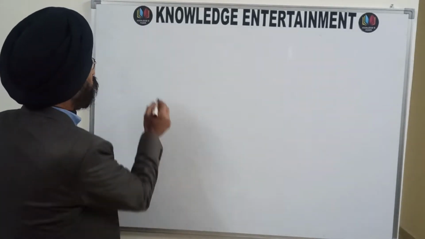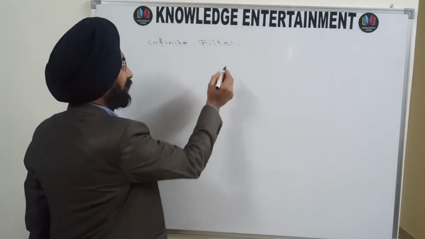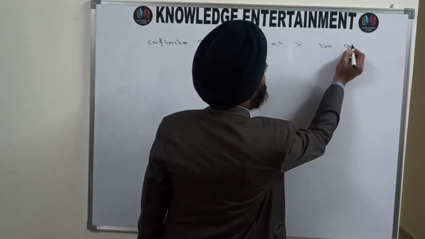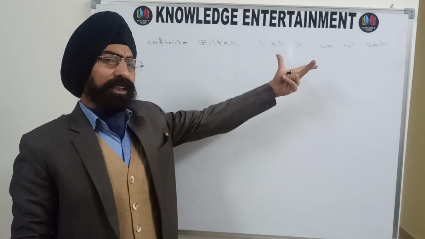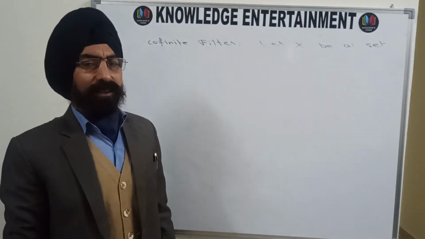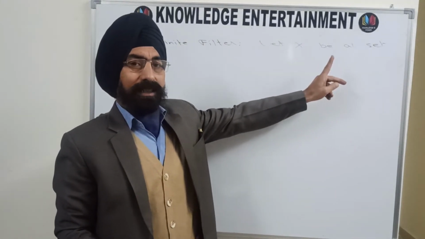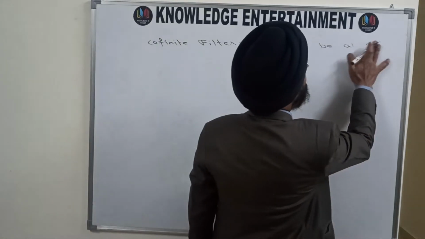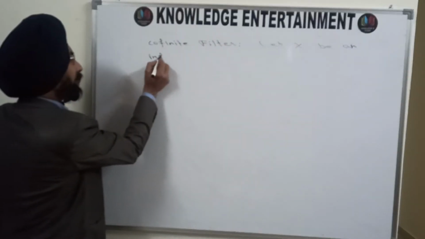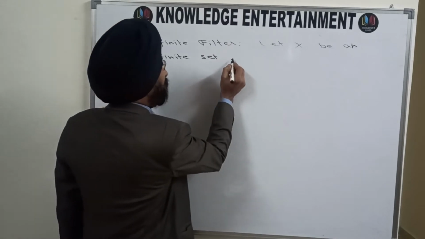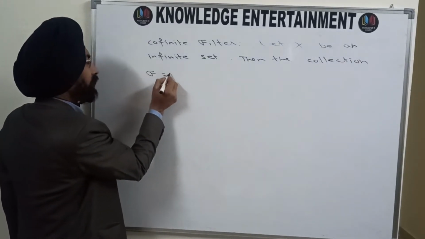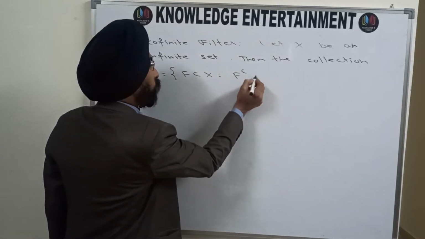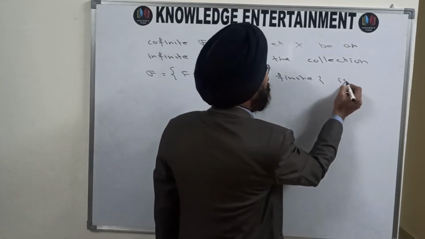Now another type is the cofinite filter, which is very similar to the definition of the cofinite topology. Let X be a set, and better if you take an infinite set, because we are talking about the cofinite filter. It is true for all sets, but if it is a finite set, there may be a problem because the complement of phi is also finite, so we will have to take an infinite set here. Let X be an infinite set, then the collection F containing those subsets of X whose complement is finite is a filter